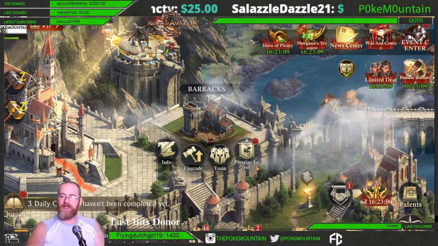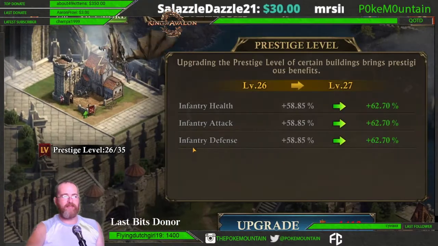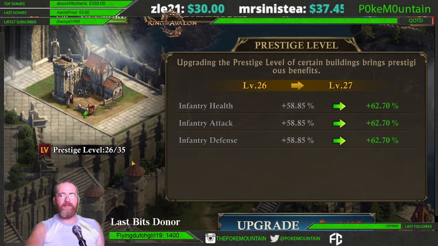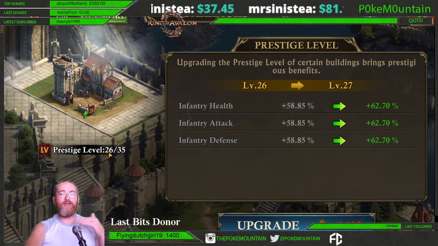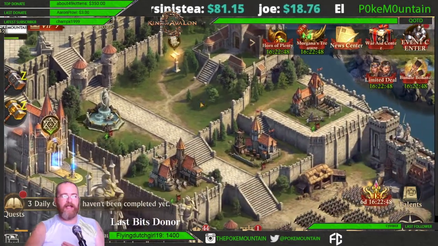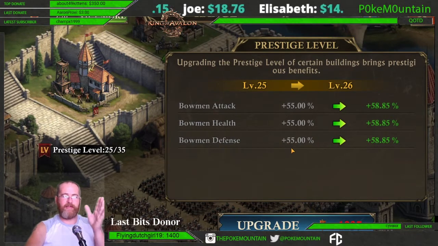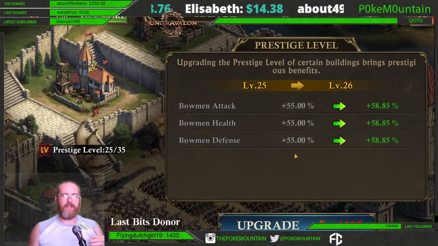To see what yours currently is, click on any building you want to see. Click on the prestige level, and you'll see here it tells you what level you are out of what level is available. So there's a maximum of prestige level 35, and you can increase your prestige according to your stronghold level. Now, my stronghold level is level 30, so I can go up to prestige level 30 on each of my buildings. I did balance them out as much as I could in the beginning, and then everything